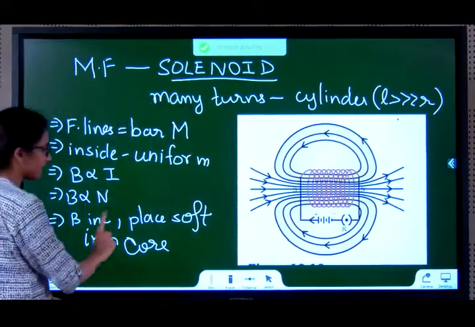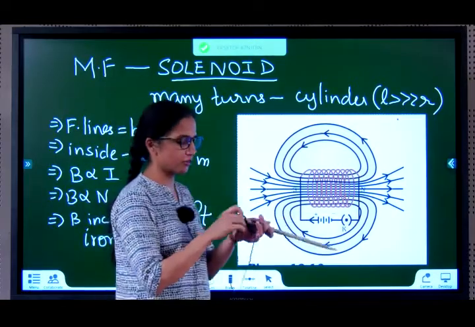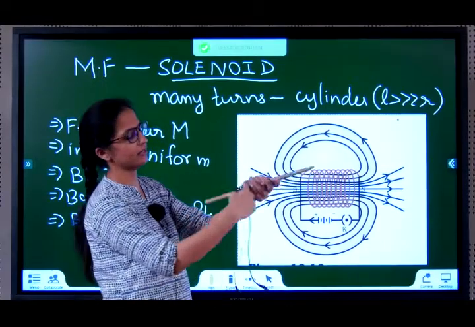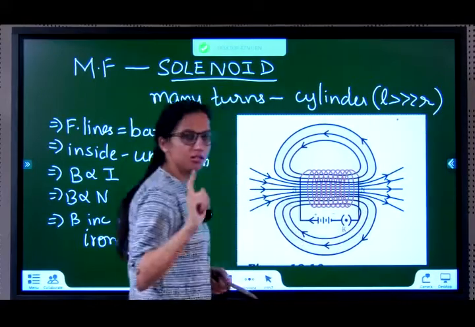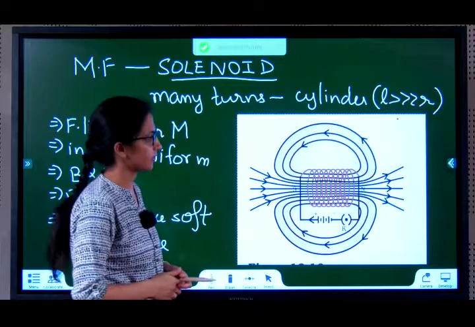So B increases if you keep a soft iron core along the axis of the cylinder. The center part of the cylinder is known as the axis.